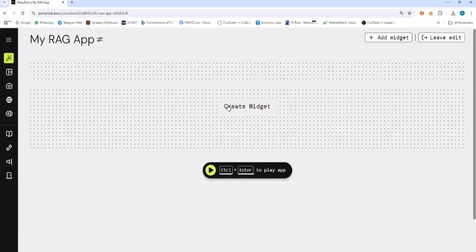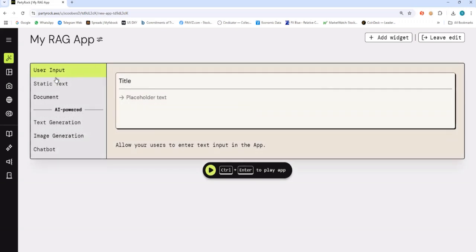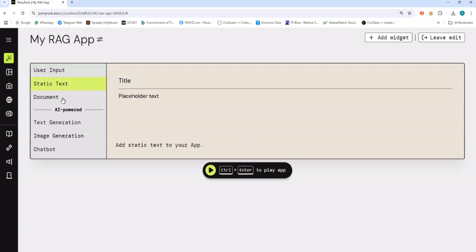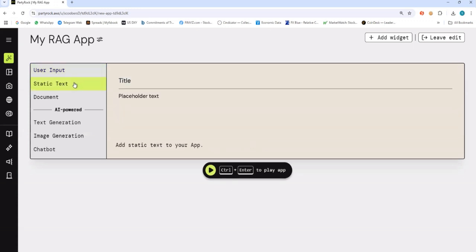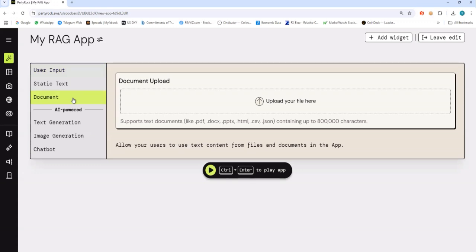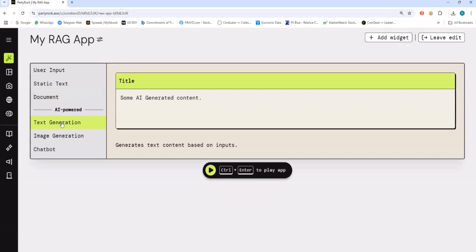All right, so now I'll click here to create a widget. Just click on the blank area. And over here, we can see that there are a number of widgets available to us. These up here are input widgets where a user can type in an input, or you have static text. And we have a document input or upload widget, which we'll be using later. Then we have the generation widgets, which is text generation. It generates based on one prompt. It's not like a chat interface. So this widget, you'll use it for things where you don't need to chat, or things that you need to continuously replicate in future.